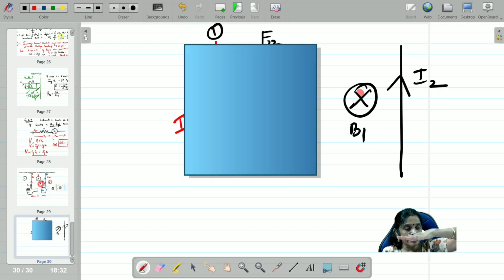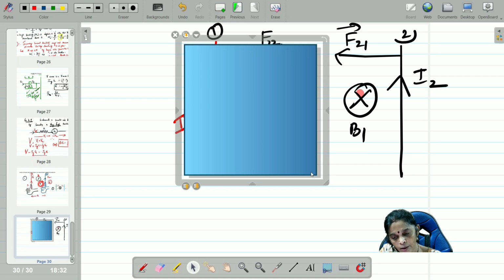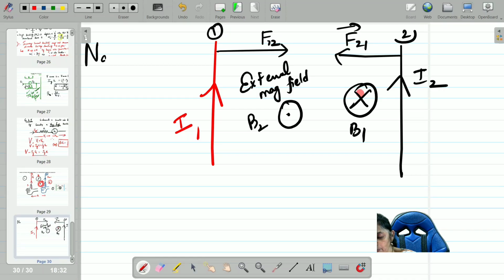Magnetic field is inwards. Current is along the y-axis. Where is the force? Towards my left. Same thing here, towards my left. Force on the second wire due to the first wire. Hope you understand, children. Now I will remove this. That is all. Simple. Both the forces are acting towards each other. So therefore, what is the nature of the force? Very simple, children. Nature of force is attractive.